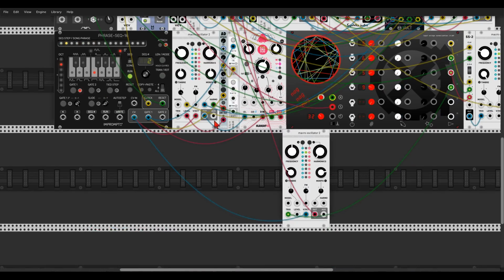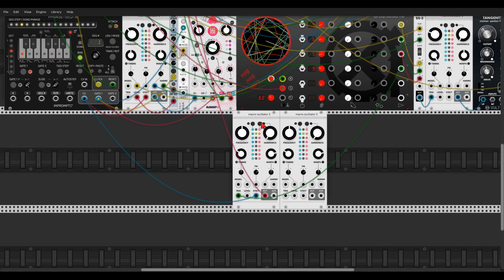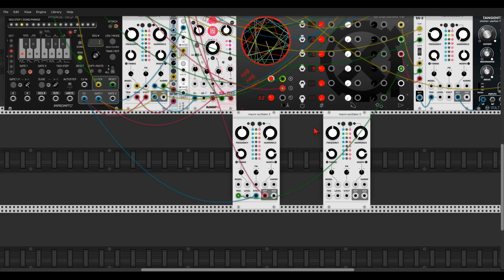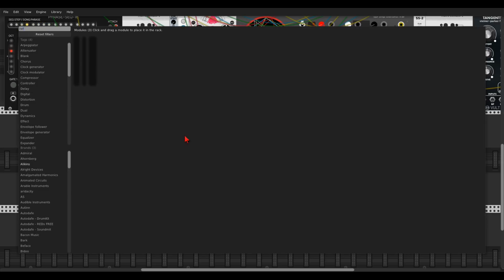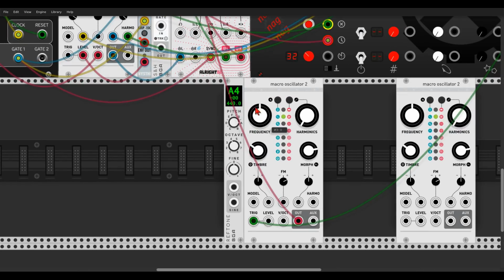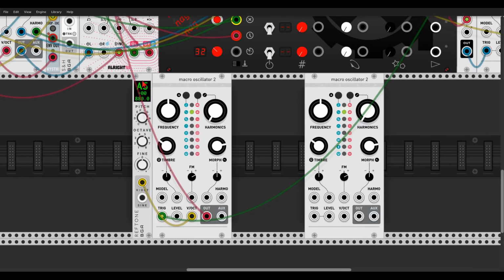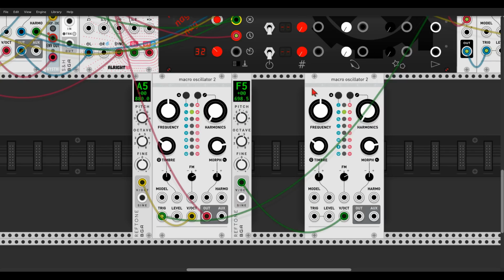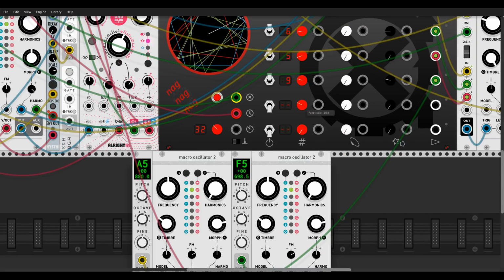Or maybe I can use another voice. Just duplicate this. I will not use this pitch information. Let's use ref tone from Borg Audio, so I can send pitch information directly to the oscillator. So this will be A4 or A5, and then I will have another one, and this can be, let's say, F5, and use another sequence here. Let's go this time with 10. Okay, let's cue this,